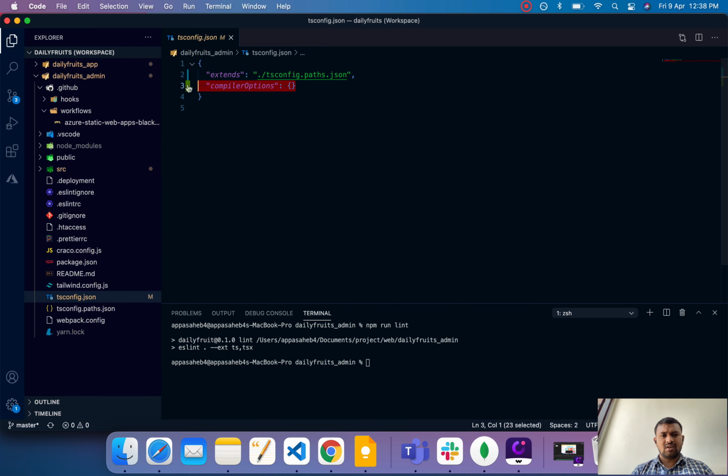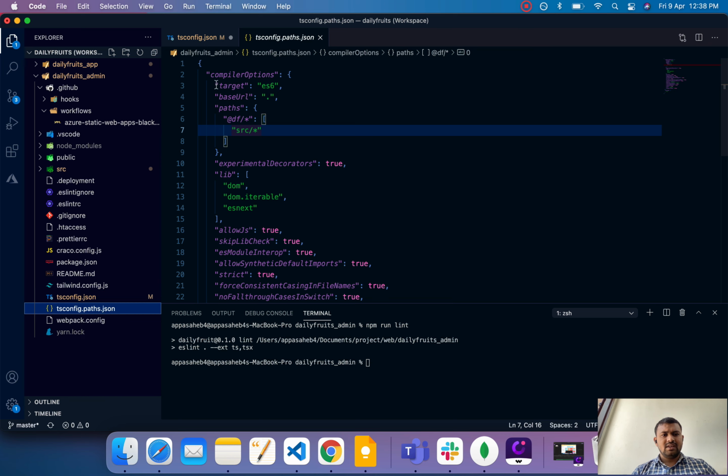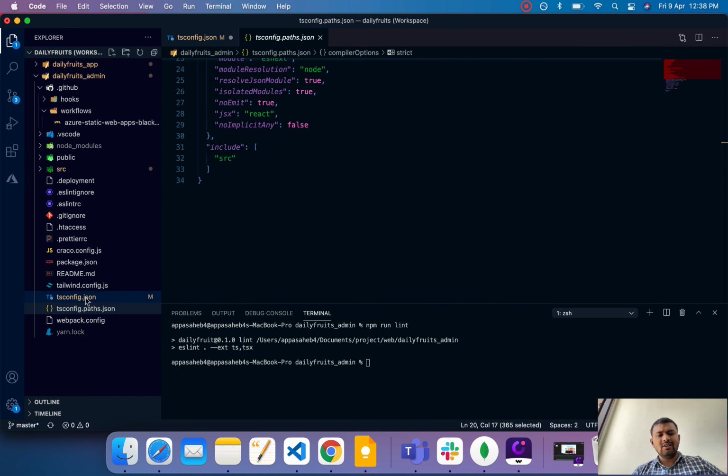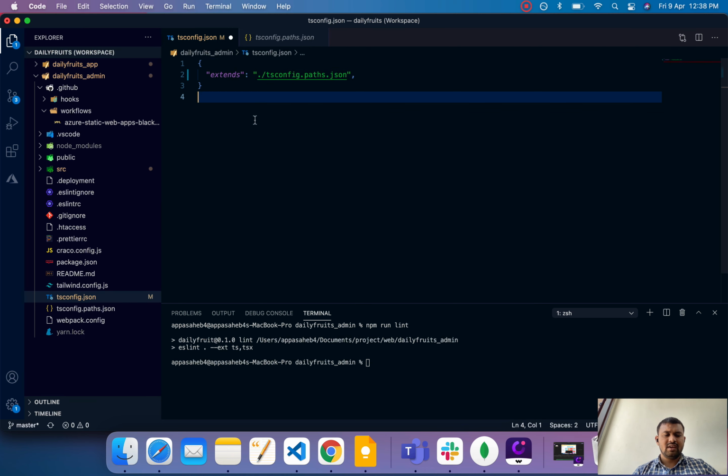Here is only the extends file, ./tsconfig.path.json, and the child file is also tsconfig. The tsconfig is not applied directly; it only extends, and all the paths go to this side. Let me show my tsconfig.